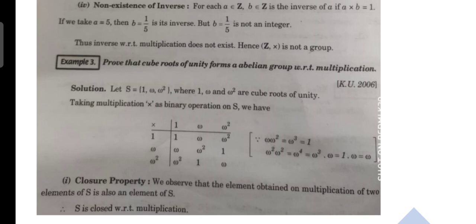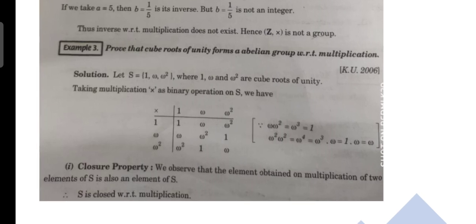First root is 1, obviously 1 satisfies, 1 cube is 1. So the next two roots will be found with the equation x square plus x plus 1, which is found by dividing x cube minus 1 by x minus 1. So we get our three roots, that is 1, minus 1 plus minus under root 3 iota by 2, and we write them as 1, omega, omega square. So these three roots are cube roots of unity.